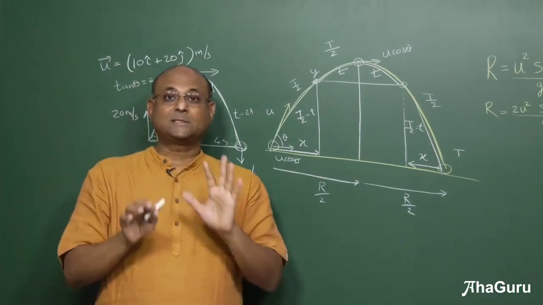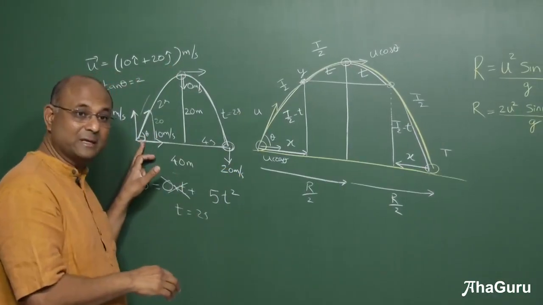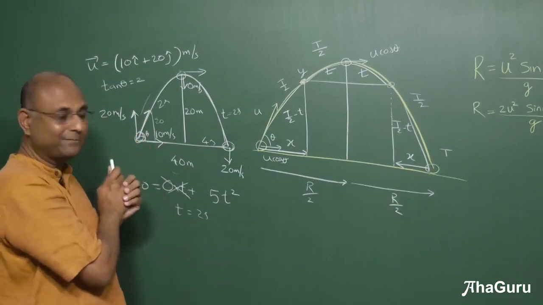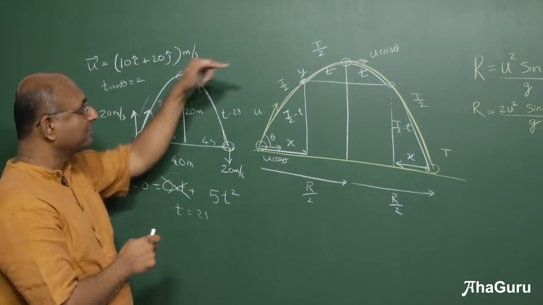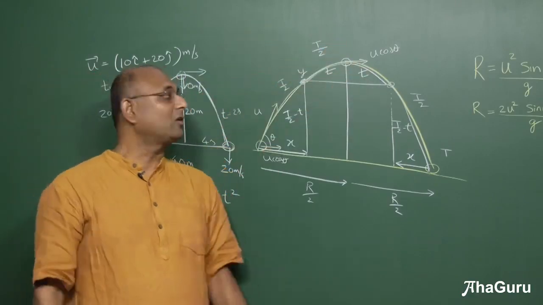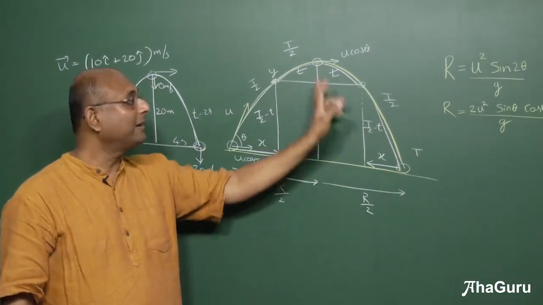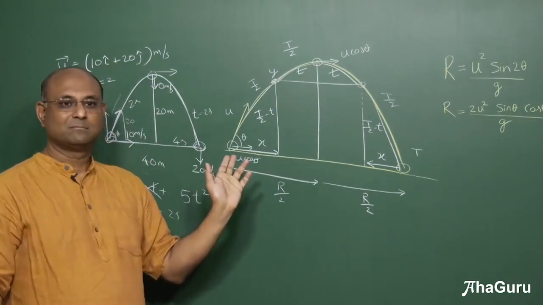So when the question does not specify the initial velocity or the angle and things like that, so you don't know anything about the bottom part when you're starting, but you do know something at the topmost point. So always start at the topmost point, and then you can calculate the time for this part of the motion and say, oh, this time is equal to that time.